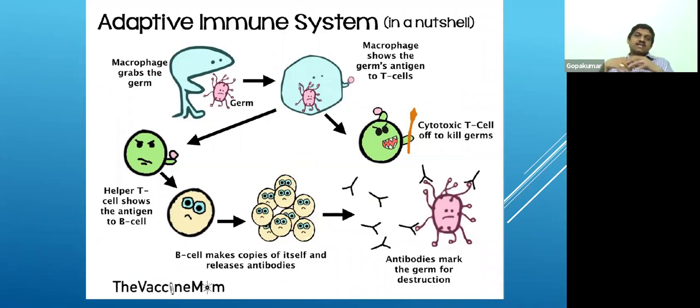So this is why it's called an adaptive immune system, because it's a learning process. And finally, the next time this particular germ comes, our macrophage itself will destroy it. So the second layer is the T cell and B cell combination, which is the second defense after the first one. That is how it works.